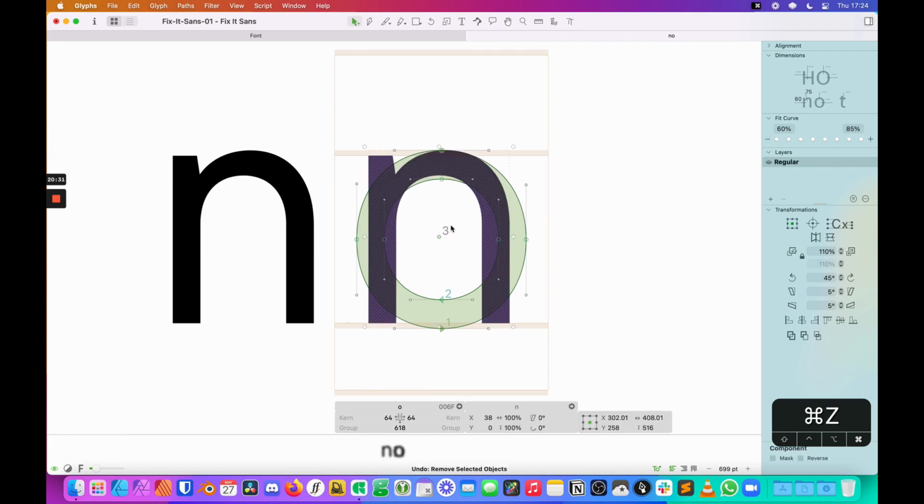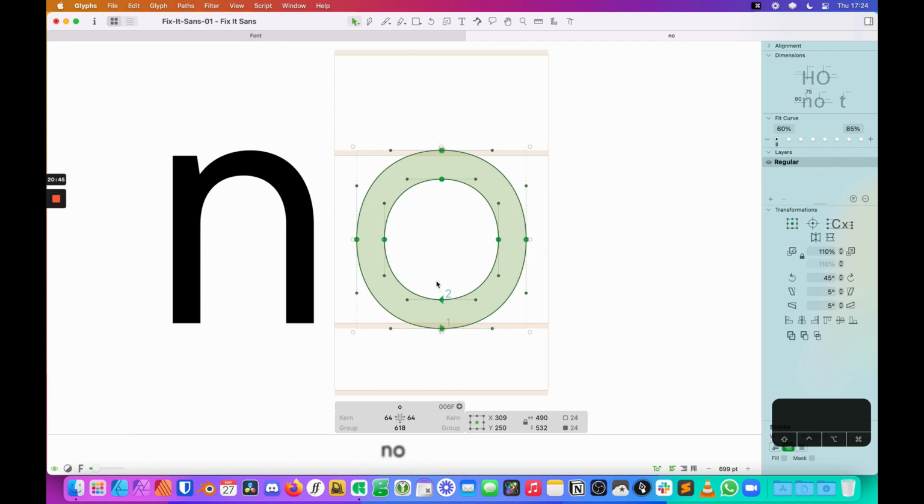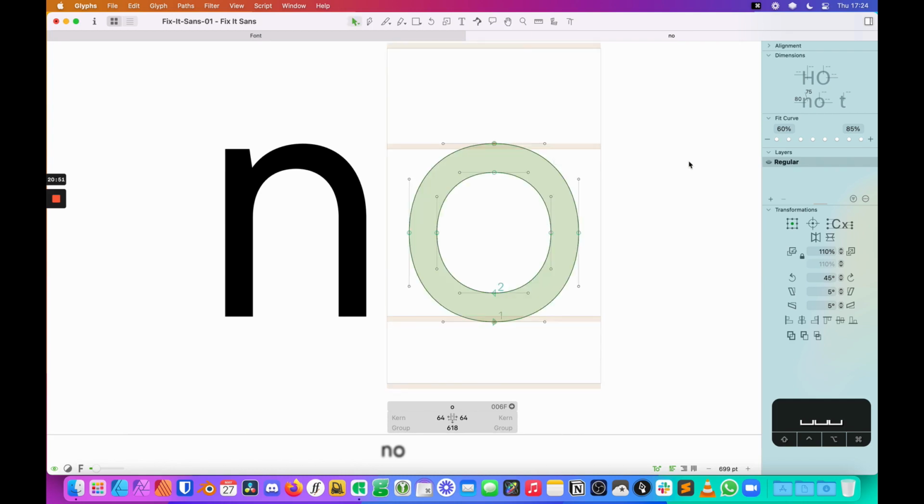Another way that you can go about this as well, just to undo this real quick, is there is a Fit Curve panel in Glyphs. You can use these dots if you wanted to just select this as well, where the app automatically goes through and does this for you. Depending on your font, depending on your design, that may work for you. To note, when you see the 60 and 85% here, this is referring to where the handle is.